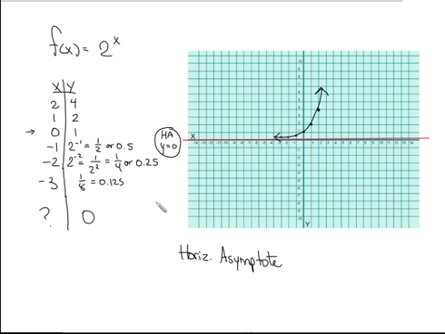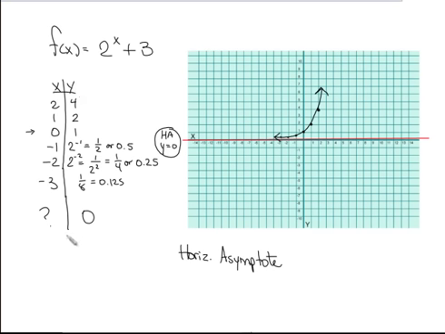If you were to go to where it looks like it touches, out here somewhere, and then expand it, blow it up, magnify it, you would see that there's still some gap. And that will always be the case. So this is what y equals 2 to the x, or f of x equals 2 to the x power, looks like. Now, if we did something like y equals 2 to the x plus 3,